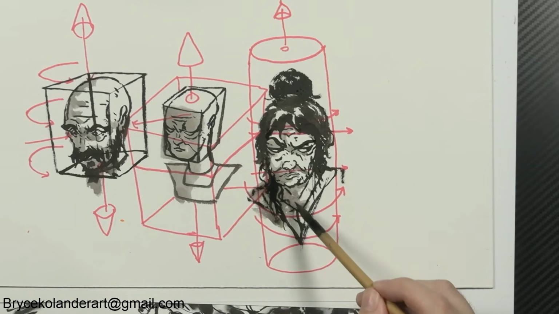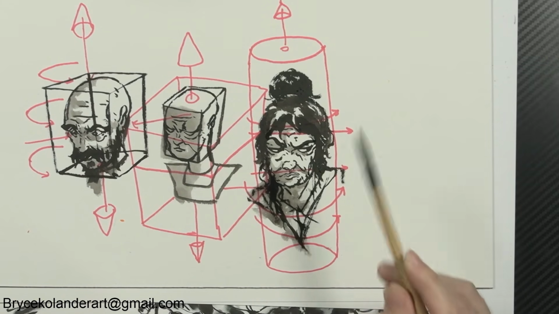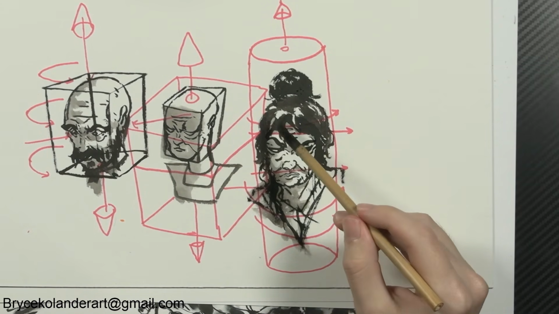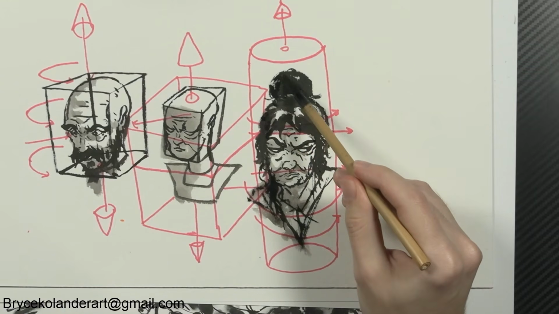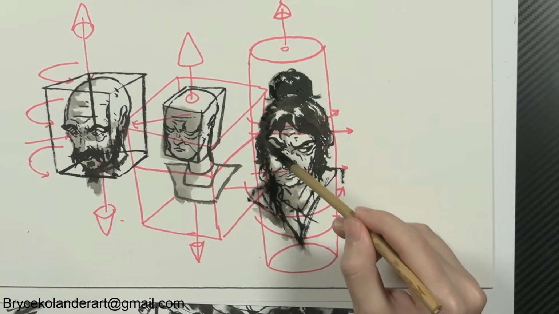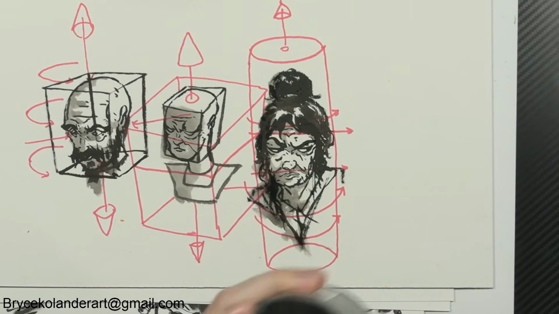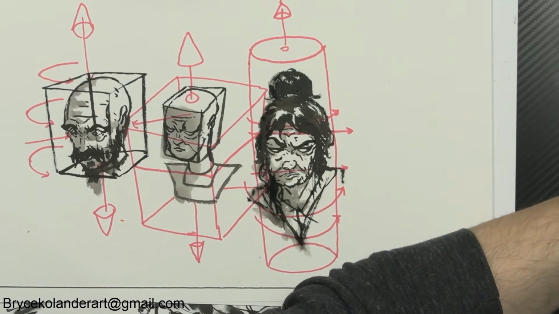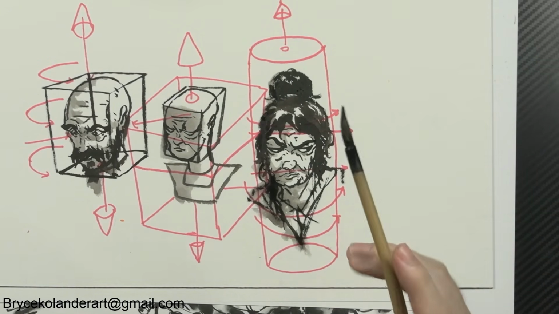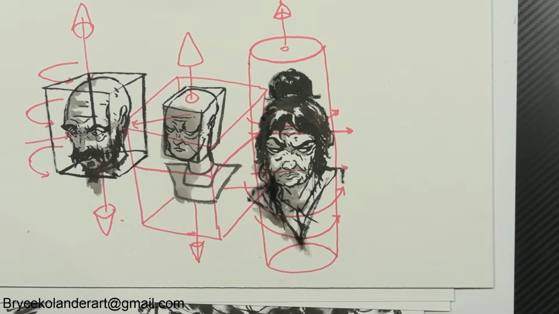Yes, they can be simplified into simple shapes, but they're not very simple. And I think getting used to how the actual subject is, and its intricacies and specific shapes,